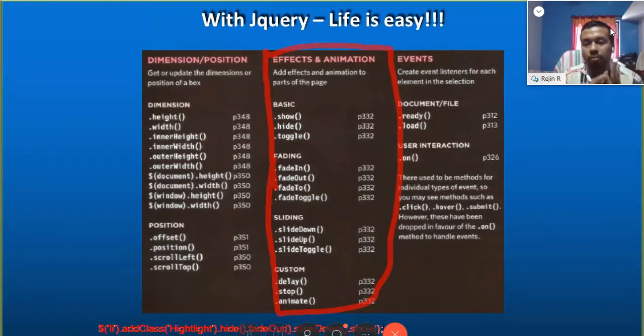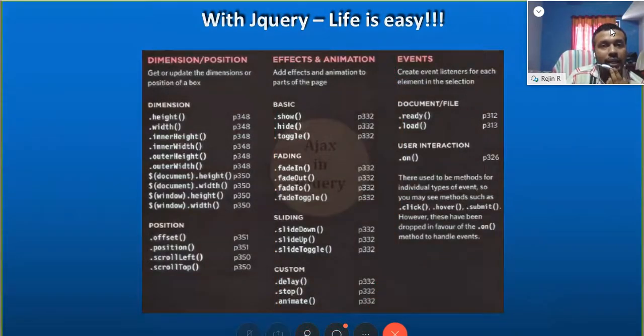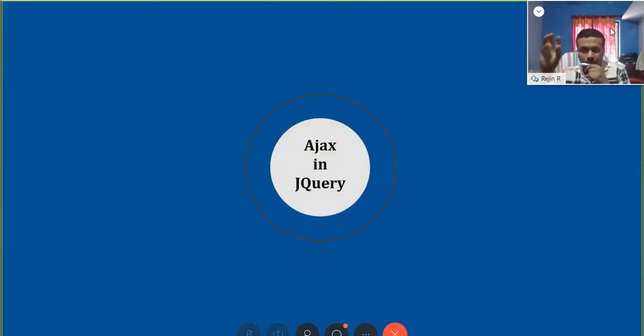You can use effects, simple and elegant animations and effects with jQuery. So that is jQuery. It makes our lives easier. So that is the introduction or base or core foundations of jQuery. You can explore jQuery further from the jQuery.org website. It makes the whole task easier. It's a simple JavaScript library. All those things can be done with JavaScript. I'm not saying that JavaScript can't do that, but jQuery makes it easier. You have to type less code, and you can use animations. For using animations in JavaScript, you need to type a lot of code, but with jQuery, the whole process becomes simpler. That way jQuery is.